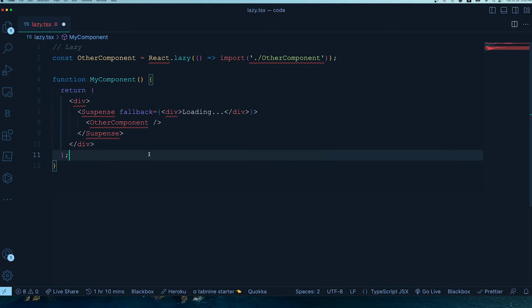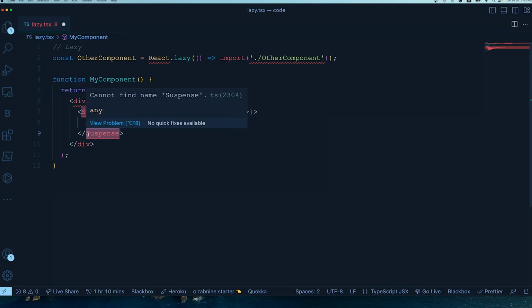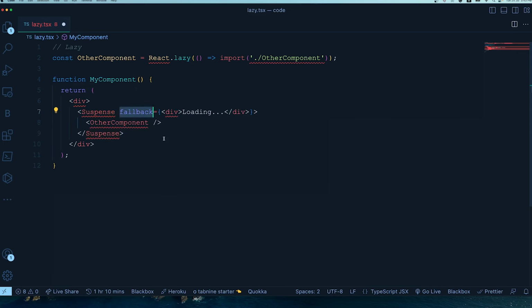Let me put a suspense example for you. So here you go. We have another component, and we have lazily loaded this other component. We know that, and this is where you're using it. But what you see here is a suspense around it, right? And in the suspense you have a fallback, and in that fallback you have this loading. So what does it mean? It means that while this other component is being loaded, you have a fallback with which you are showing that this particular component is being loaded. This is something very cool, that you can use lazy and suspense all together.